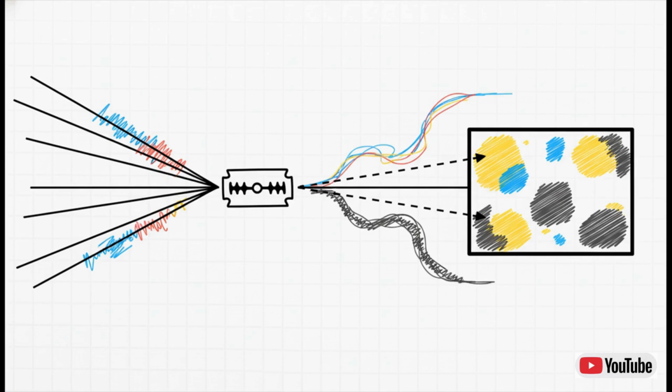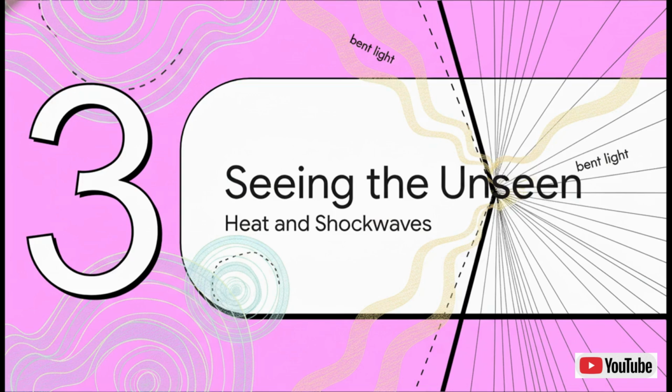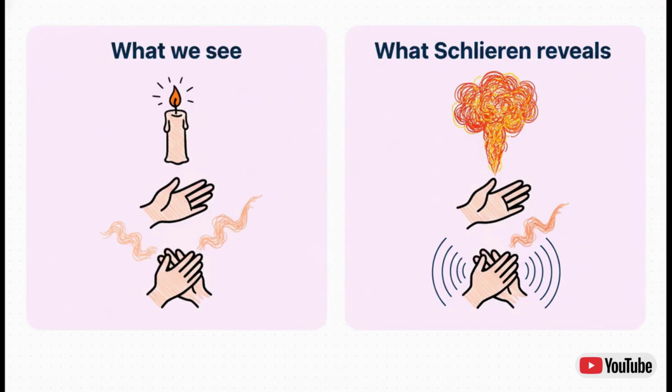Section 3. Seeing heat and shockwaves. All right, so now we have our tool. We can separate the bent light from the unbent light. And with that, we can suddenly see a whole world of things that were totally invisible just moments ago. And the difference is